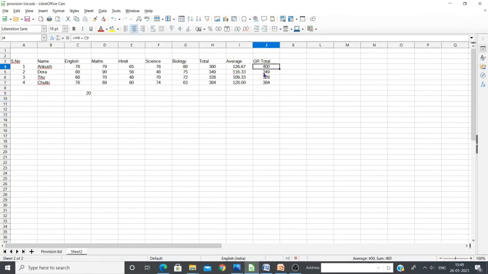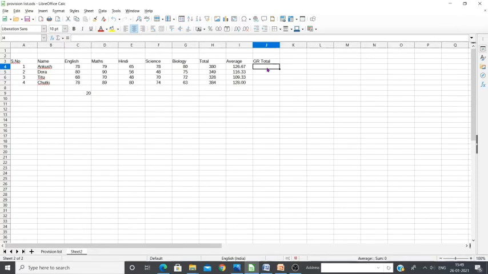But when I drag the formula, it is not getting dragged properly. See, it says H5 plus C10. Here it is H4 plus C9, here H5 plus C10, and here H6 plus C11. The values are getting changed: here it is C9, then C10, C11, C12, which is relative reference. But relative reference does not work here. This is a wrong answer, which does not add 20 to the result. So in this case, we have to use a mixed reference.